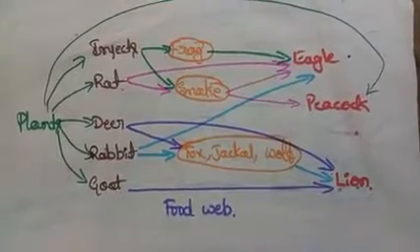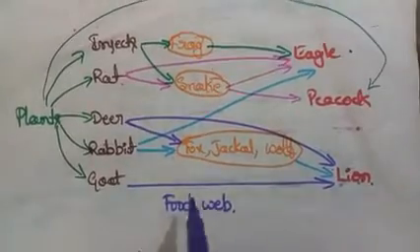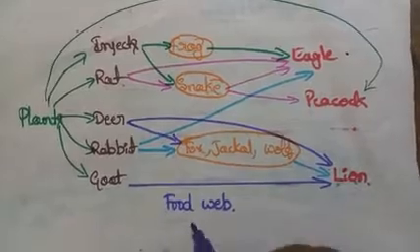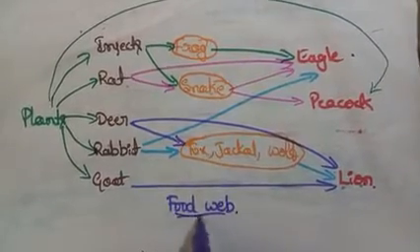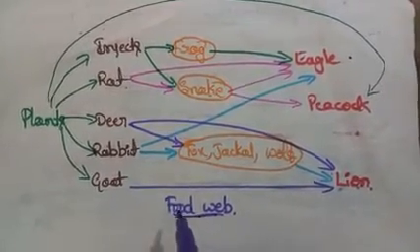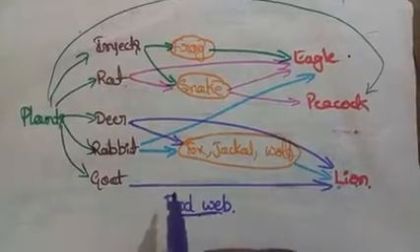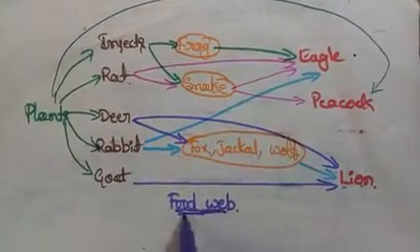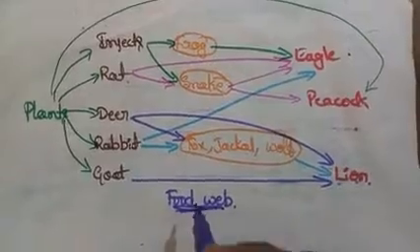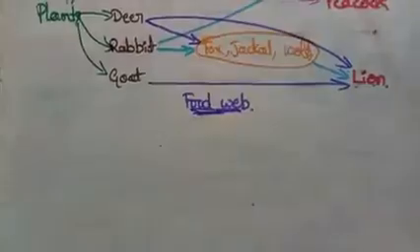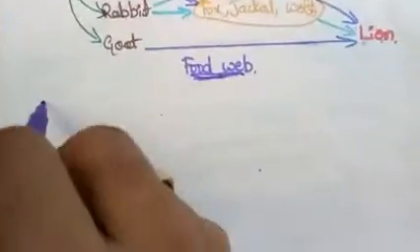So today we are going to discuss about the food chains. Means as we are seeing in the diagram, there is a food web. This food web is made up of some of the food chains. These food chains are interlinked to form a food web. So before going to food web, let's discuss about some of the facts regarding the food chain.